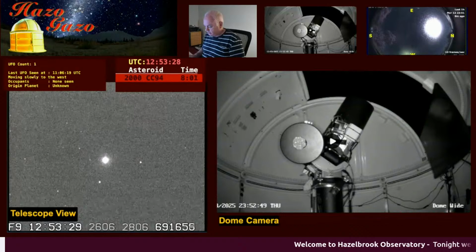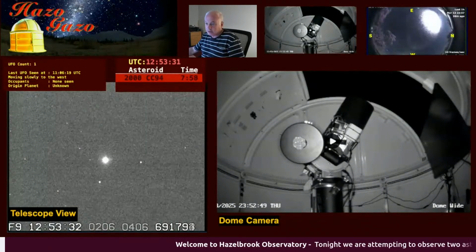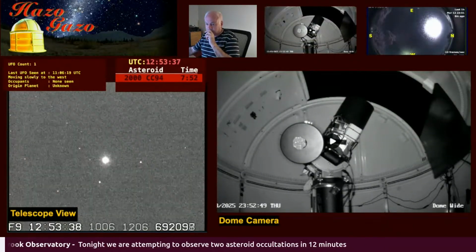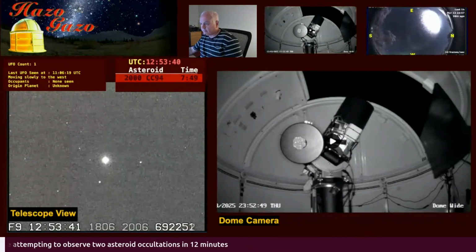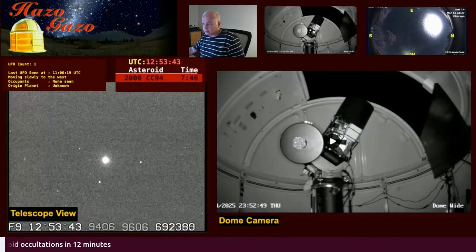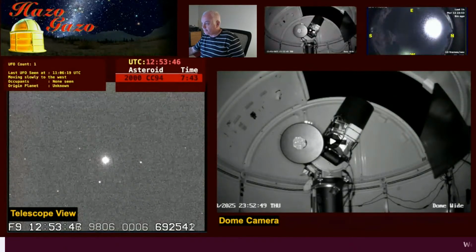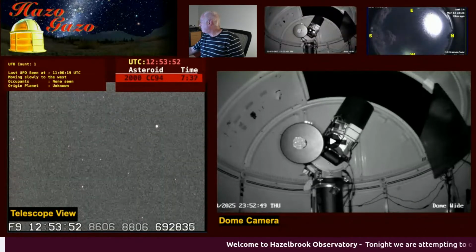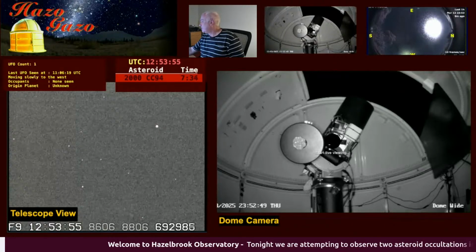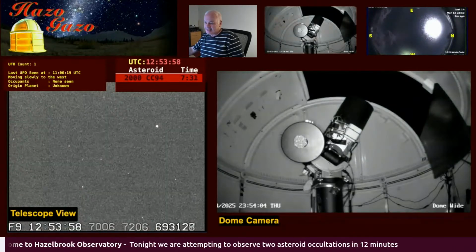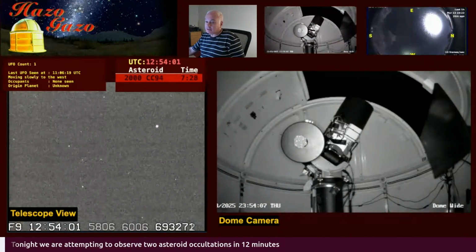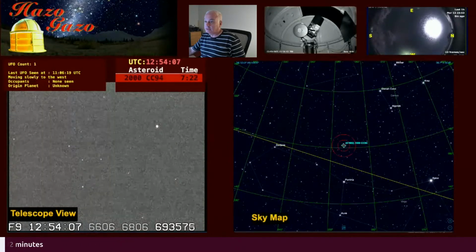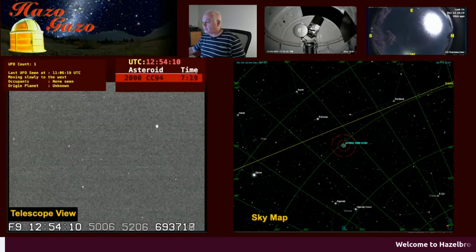So now, when I send it to the target, it should be very close. Okay, I'll send it to the target now. The dome camera has timed out, so we don't see it. All right, now I switch to equatorial coordinates on this view. Equatorial, that gives me the same